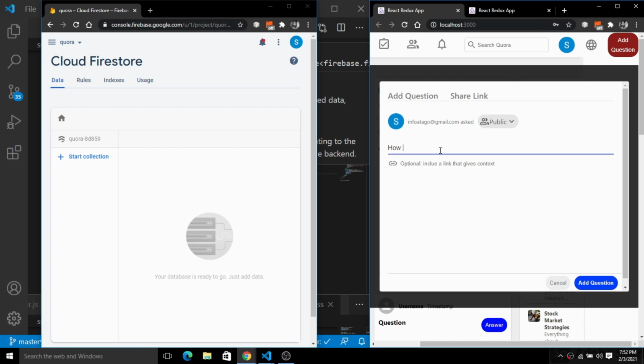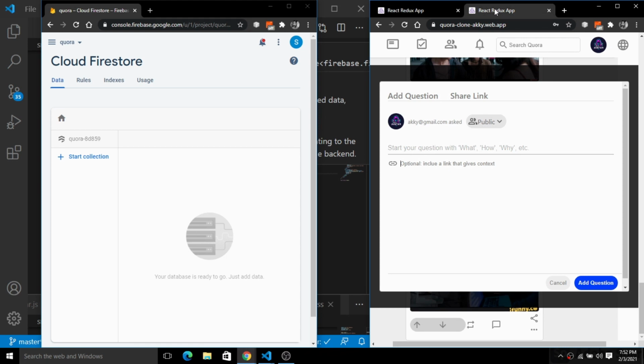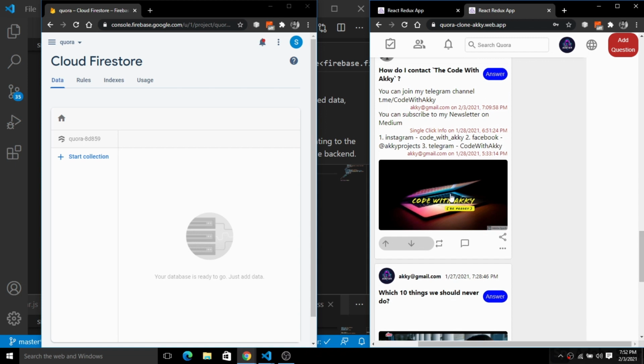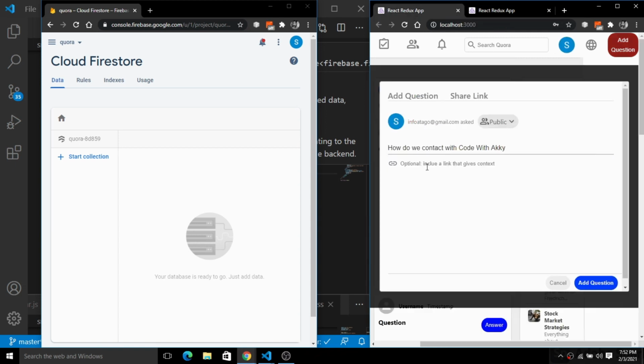So this is the question: how do we contact CodeWithTheKey? Okay, so I'm going to simply grab the URL. Cancel this first of all. I'm going to simply grab the URL of the image from here. Inside of this we'll simply push the URL here, and when we click on this add question,